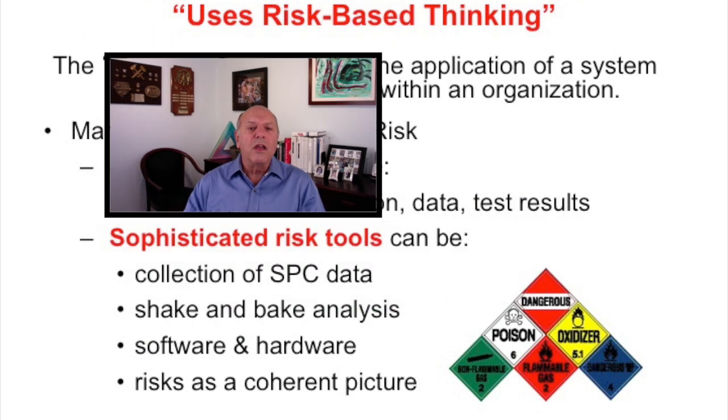And risk is a coherent picture. I like that term, a coherent picture, because what that means is there could be little things that are happening in a company that lead you to believe that there could be something wrong. I always put it like this: if it walks and talks like a duck, it's probably a duck, and it's something to look into. So when we're dealing with risk, if something just doesn't feel right in the organization, that's what they mean by a coherent picture.